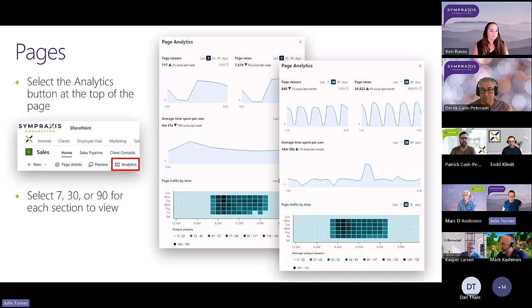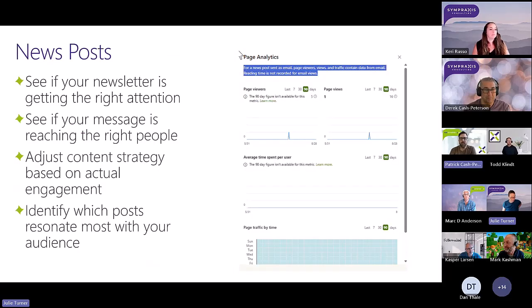Super valid. All right, so let's see. Moving on. Yeah, we do just want to call special attention to news posts. Because I think this is one of those areas where the news web part really comes in handy, because you can get the same type of information. You can look at it to see if your newsletter is getting the right attention. You can look at it to see if the specific message you wanted to get out to the whole organization is actually reaching those people,